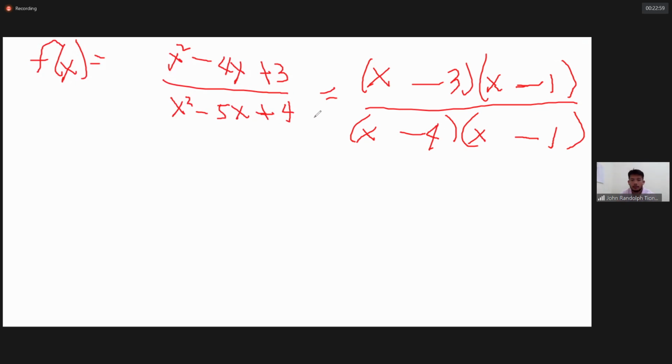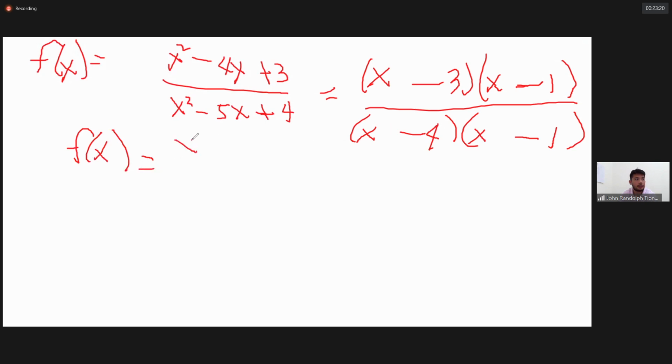Yes, that's it. So what are the vertical asymptotes here? Isa lang ba yung vertical asymptotes natin? Okay. So since kung i-cancel out natin to dito, ano maiwan sa equation natin? Maiwan tayo sa f of x